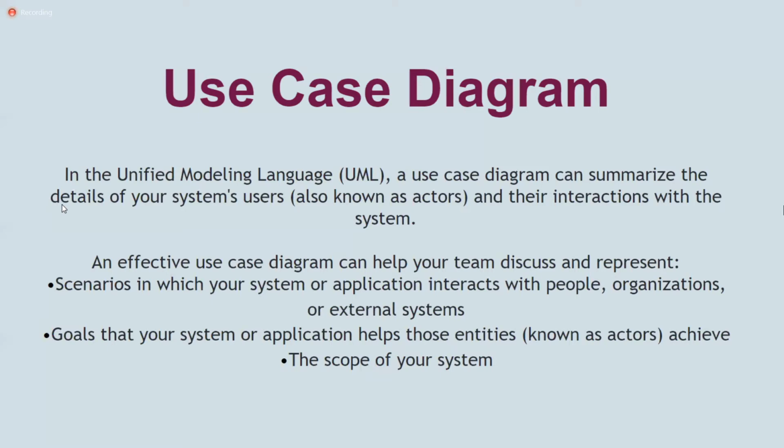Good afternoon, everyone. Today, I'll be explaining the use case diagram for the online auction system. In UML, a use case diagram is a graphical overview of the actors involved in the system. The actors are the system's users. It tells you about the different functions needed by those actors and how these different functions interact with each other.